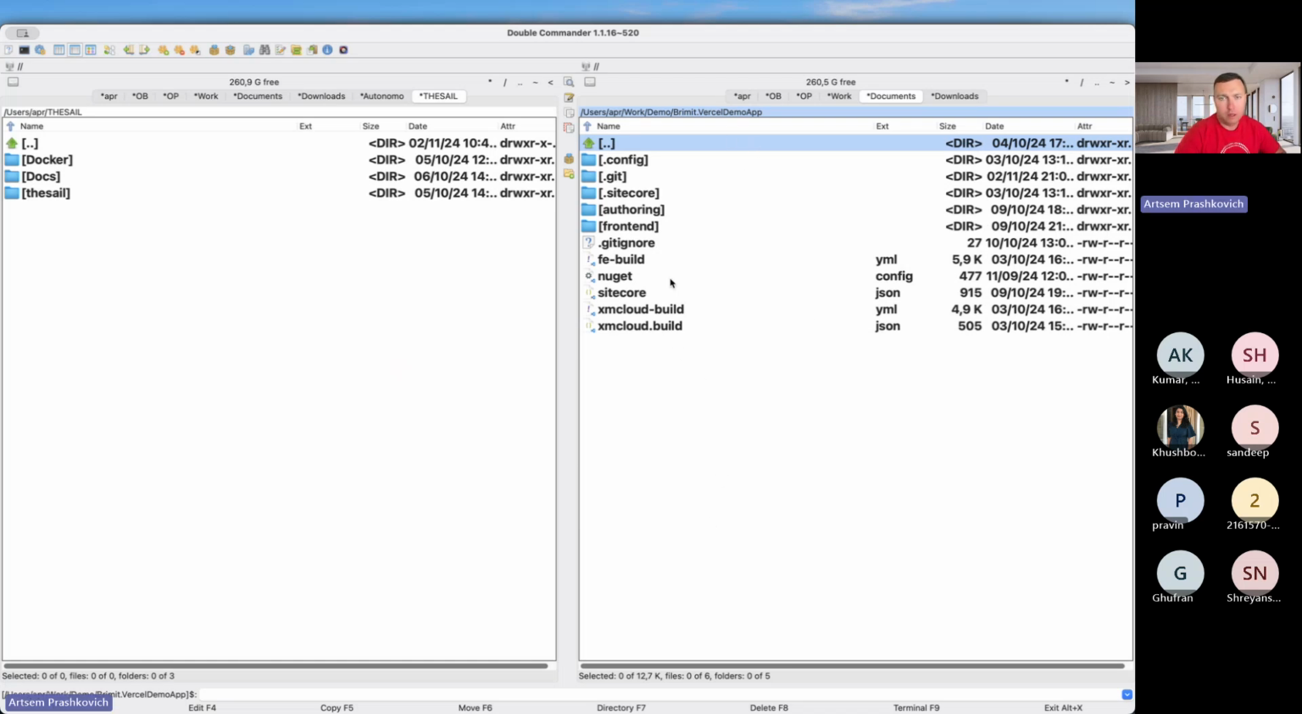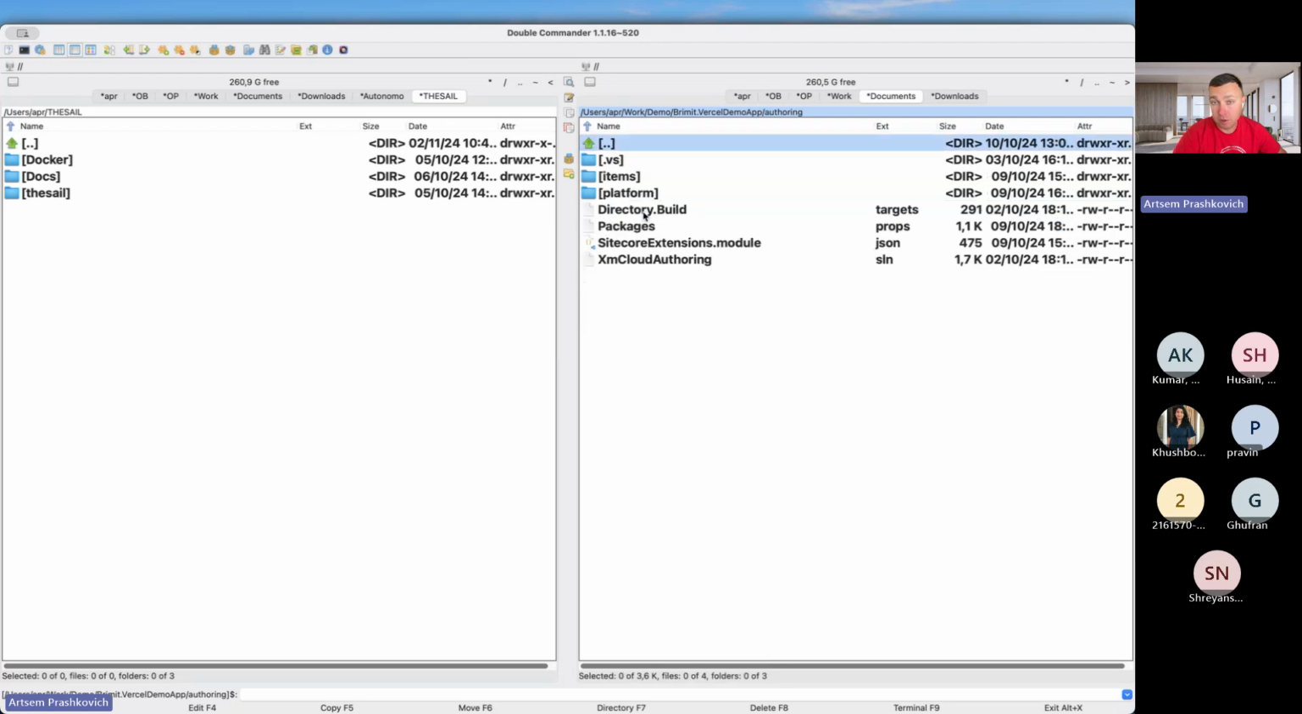So this is my demo application. It is pretty standard, pretty simple. This presentation is not about the complexity of the build in the front end or back end. It's just to show you how we can proceed with the deployments, how we can build a multi-site architecture. And we have the authoring part, which is